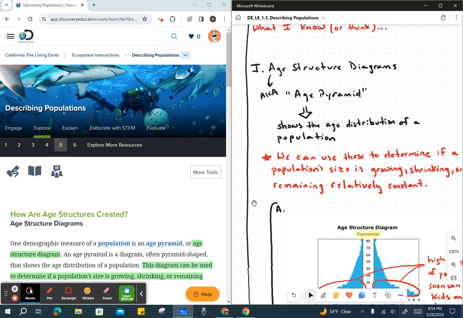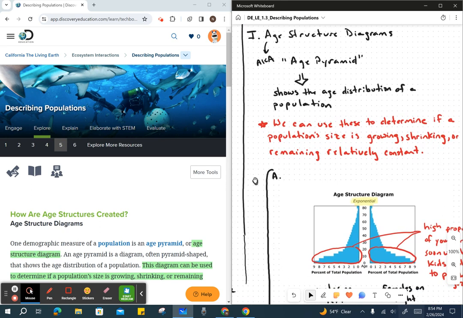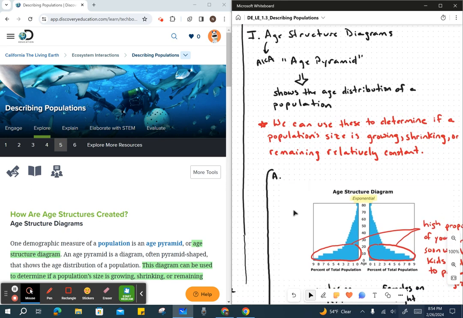It also is going to show you the number of males versus females for each of those categories. And all of this information, of course, is very useful in making predictions about the future of a